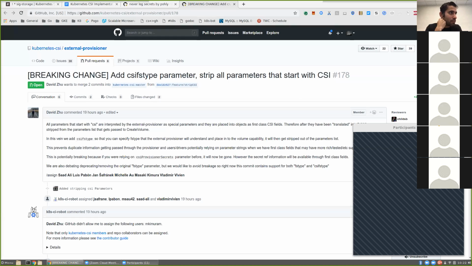And in essence, this doesn't become a breaking change. It becomes backwards compatible. And we can just document the crap out of it and say, here, these are the fields that you should be using. These are deprecated fields. You should not be using them. Then we need to decide if we're ever actually going to deprecate it. My feeling is if we're not going to deprecate it now, we're not going to be able to deprecate it ever.